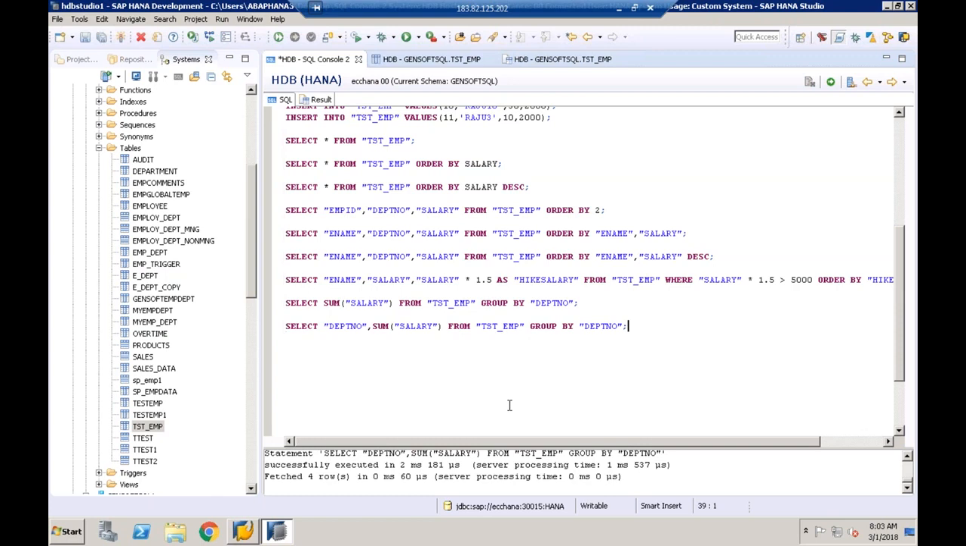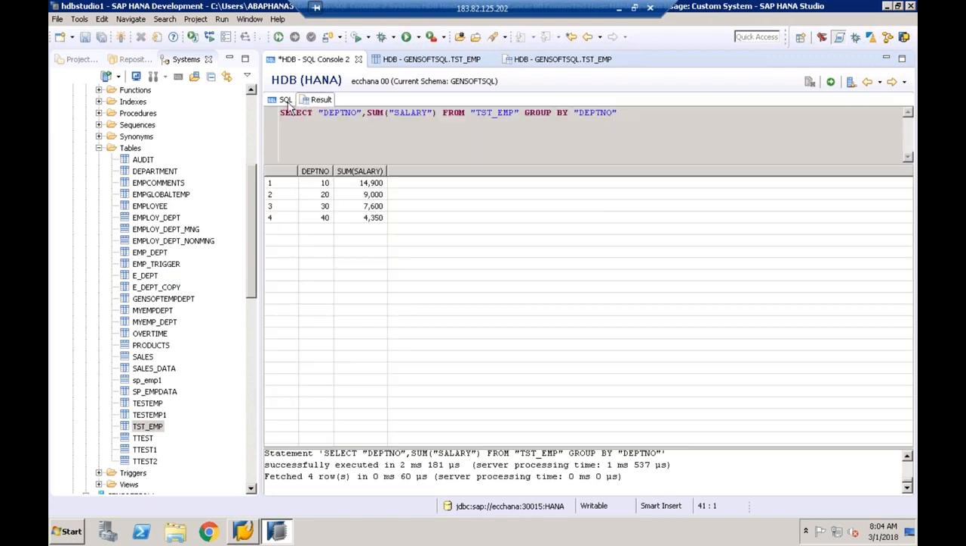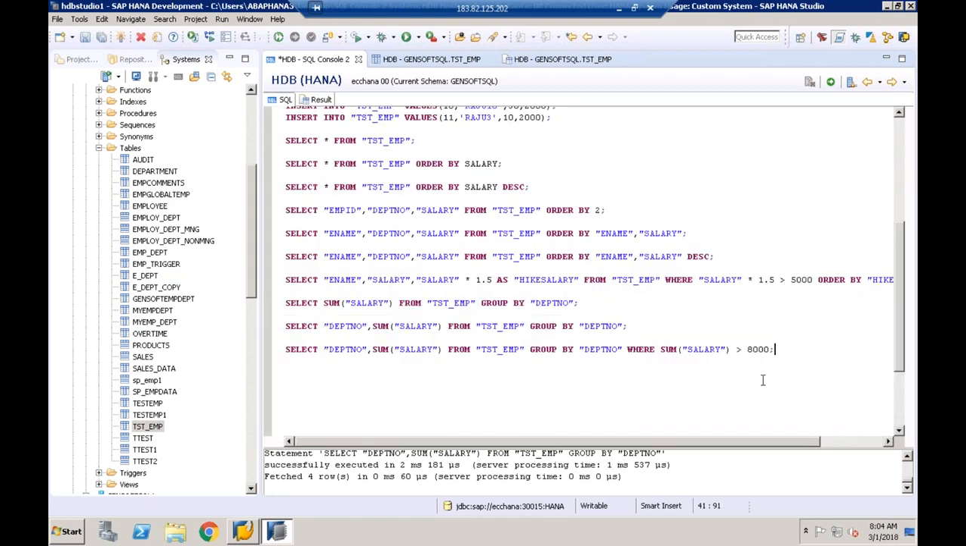So I'll say select the same thing, group by department number. Try to understand: generally to give the condition, we use the where clause. So I'll say where sum of salary is greater than 8,000. Let's see what happens. My expectation is that I will get two records, 10 and 20. So when I try to execute this,